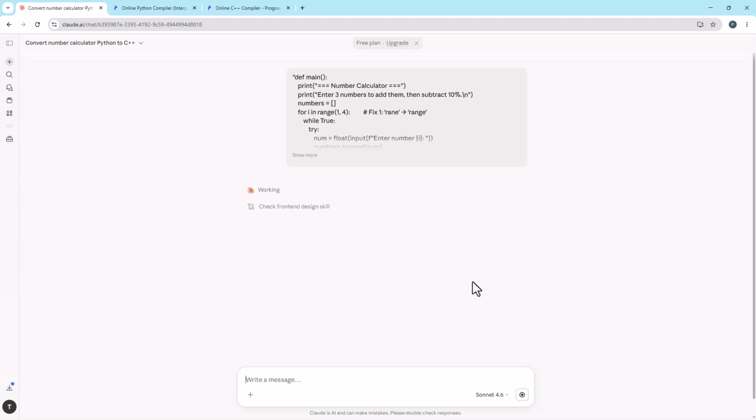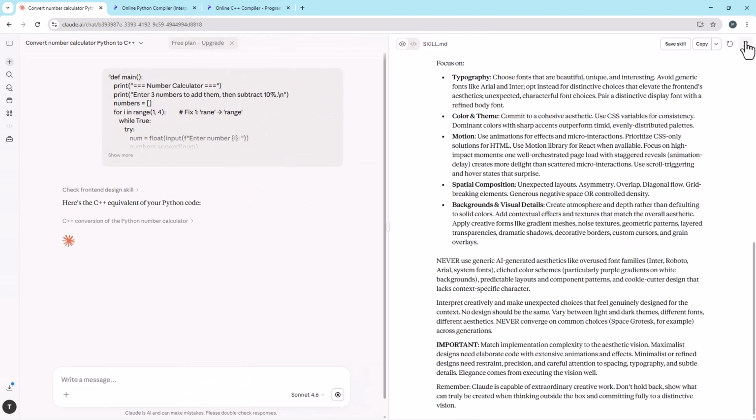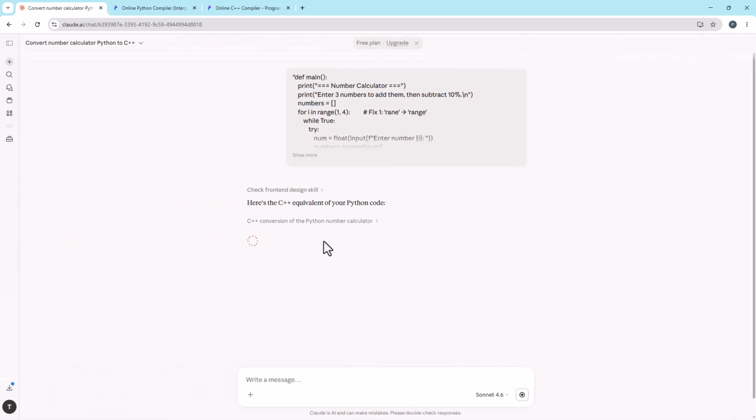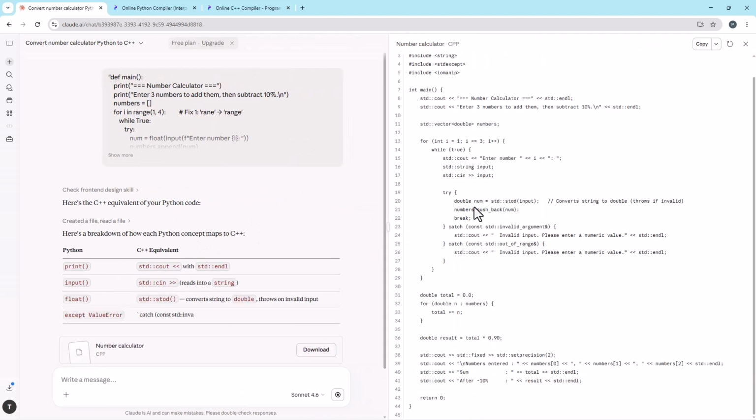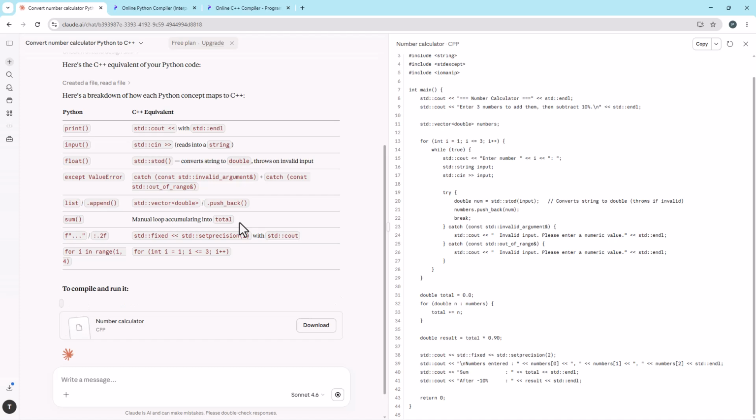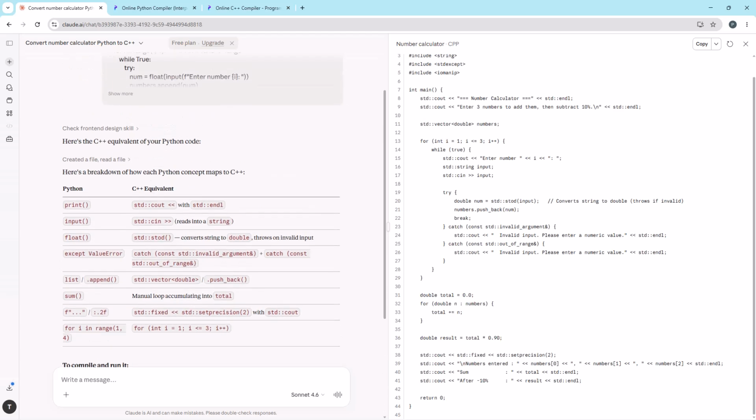If you go ahead and send it, it'll go ahead and run it right here. It's actually checking the skills right here. And then over here, you can see that the C++ conversion has taken place. It has converted the code and is also telling me what else it has replaced. So now what you can simply do is copy this code